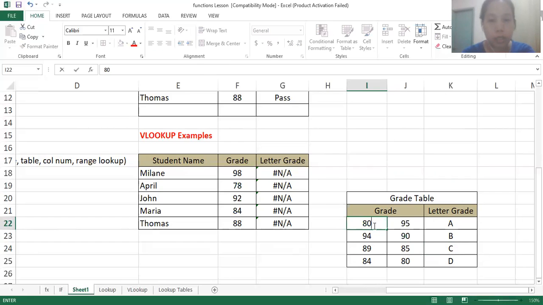So that is 80 to 84. This is 85 to 90. 91 to 95. 96 and 100.